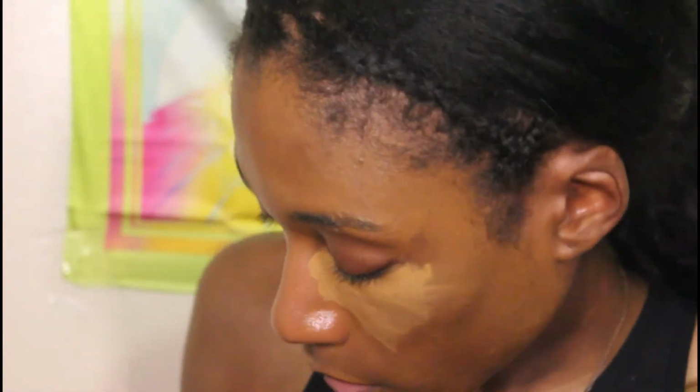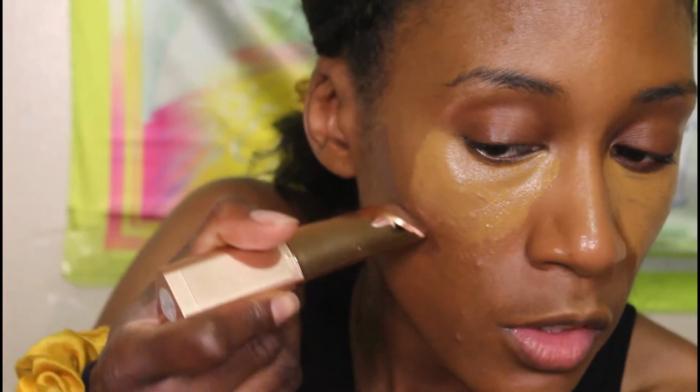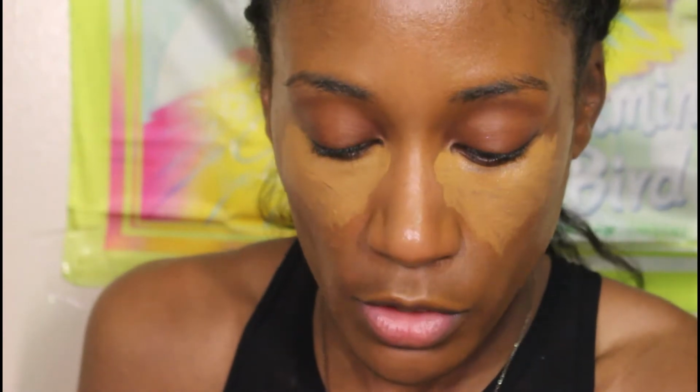So I'm gonna do a battle of some other stuff. I got another NYX product, so I'm gonna use the NYX contour stick in the shade No Limits. This is No Limits, and it's in the shade Strength, the same as I used the powder in. And of course, we're gonna put the NYX on the affordable side, so it's gonna go on this side. This is quite the emollient stick, so I'm bearing that in mind. I'm not going to do it down the nose the way I normally do, just because I have to use 2 different brushes and a whole different technique, and I honestly don't do it. So I'm not